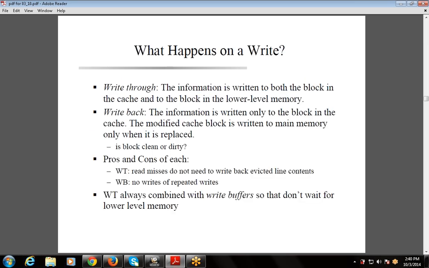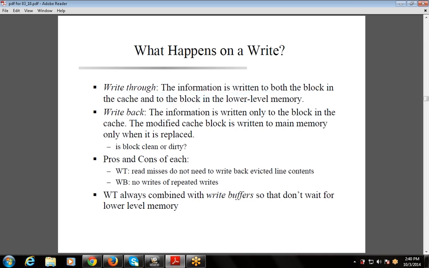Then what happens on a write? Next is your write operation, that is, what happens if there is a write operation. If data is available in the cache, there are two writing methods: write through and write back. And if data is not available in the cache, there are two methods: write allocate and no write allocate. So this is your write through, that is, the information is written to both the block in the